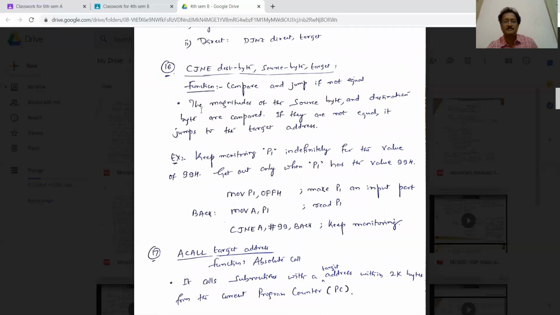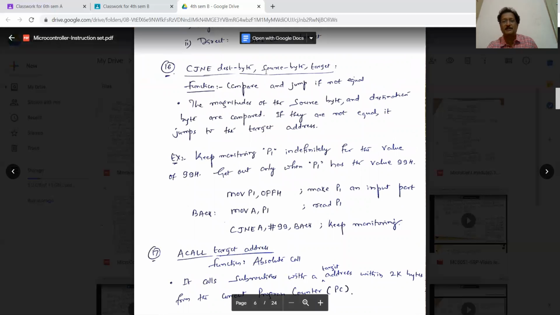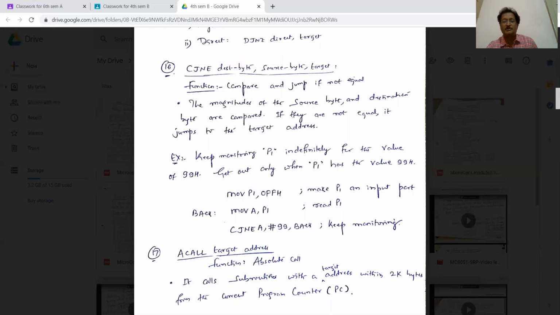The next instruction is CJNE destination byte, source byte, target. Certainly, it is a 3-byte instruction. Compare and jump if not equal. The magnitudes of the source byte and destination byte are compared. If they are not equal, it jumps to the target address. If they are equal, the immediate next instruction will be executed.